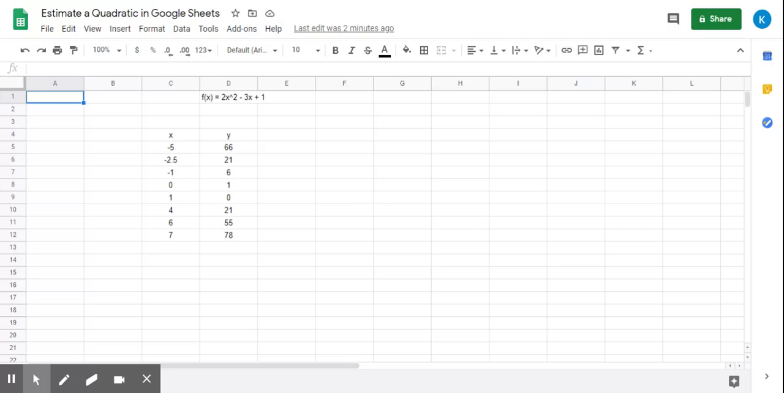Creating this table in a Google Sheet spreadsheet is the first step. Next, the column to the left of the x column is labeled as x squared. In the x squared column, we enter a formula to square the first x. In the cell just below the label, we enter equals,